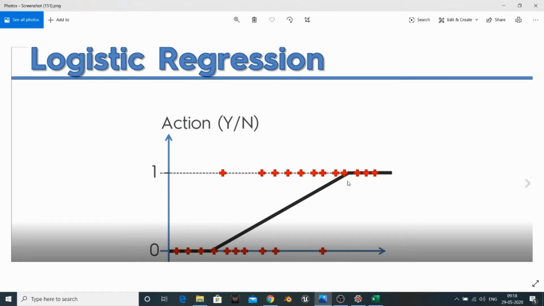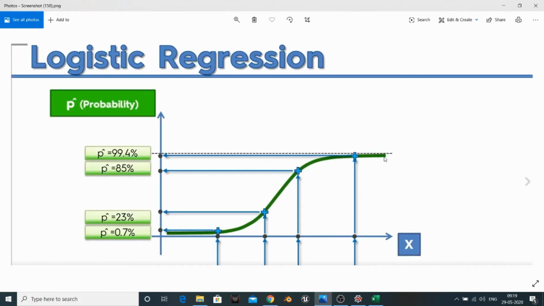So logistic regression is going to put a curve between the data points in such a way that it will fit over the data points, and it will generate the minimum error between the data points and the model fitting line. As you can see, this green line is a curve, and it will be like this.